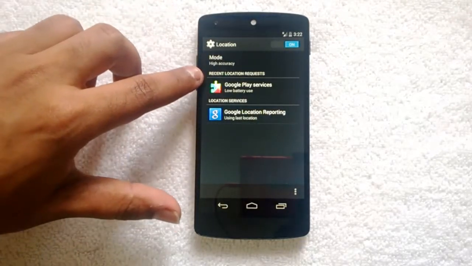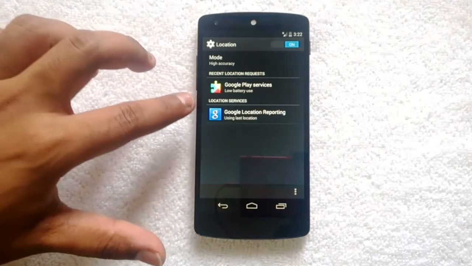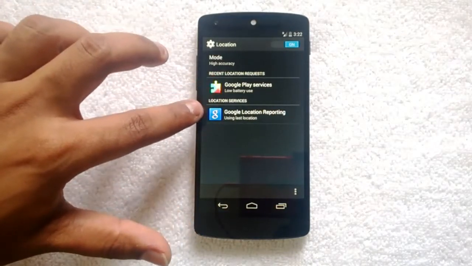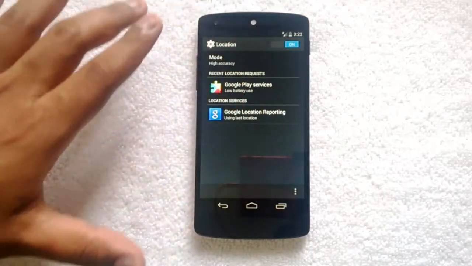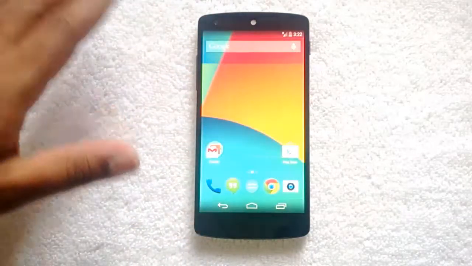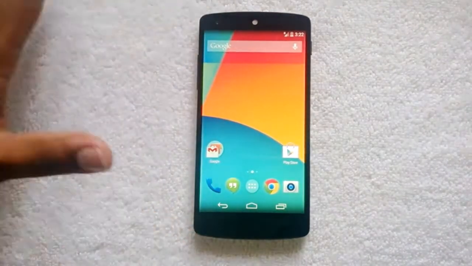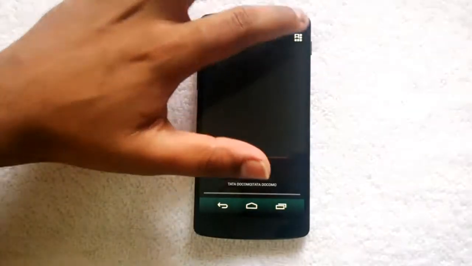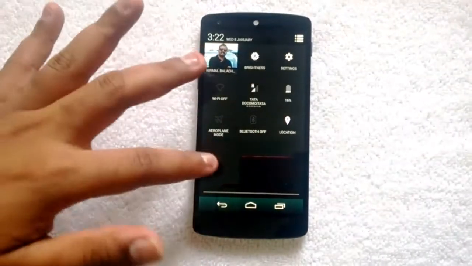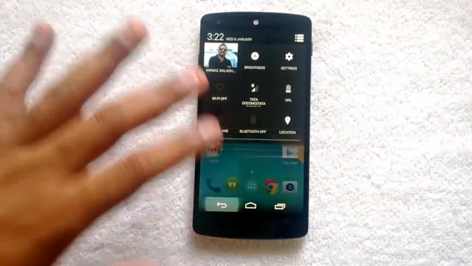Apart from that, you can see the recent location requests, Google Play services, which uses low battery, and other Google location reporting, which has been using the location services. So that's the change with the notification area. Apart from that, everything remains the same. The settings and the options are pretty much the same.